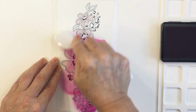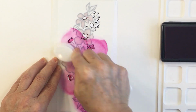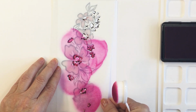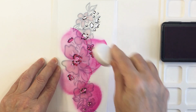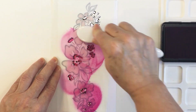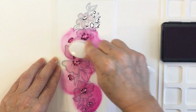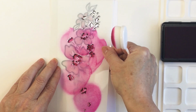And I almost feel like this is kind of like Catherine Pink. Catherine has her favorite pink color. I feel like this is pretty close to Catherine's favorite pink. So you guys, let me know in the comments if you think that this is pretty close to her favorite pink color. Getting into all of those different areas here again with that Passionate Pink,